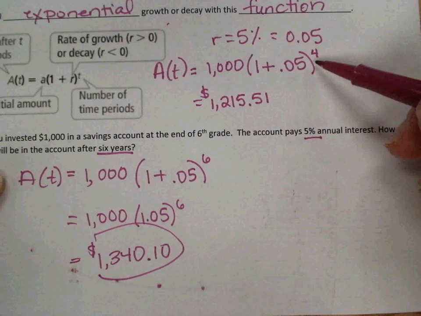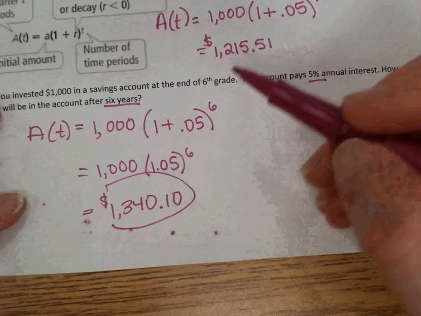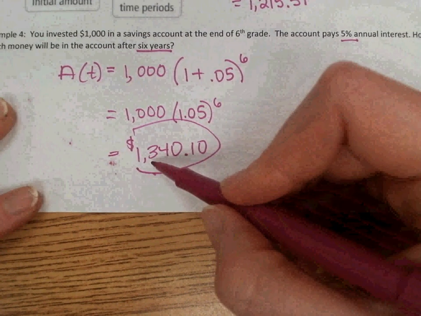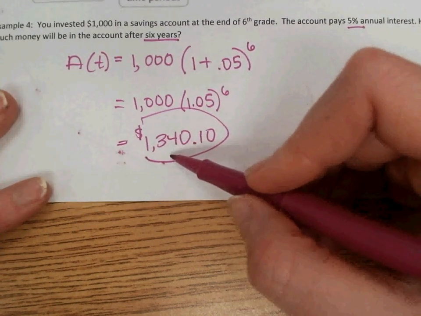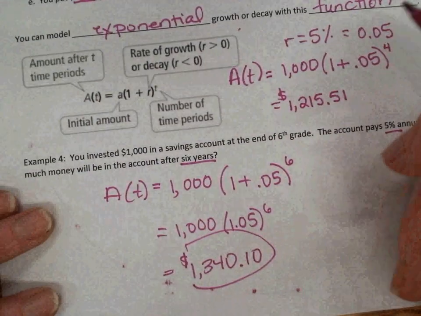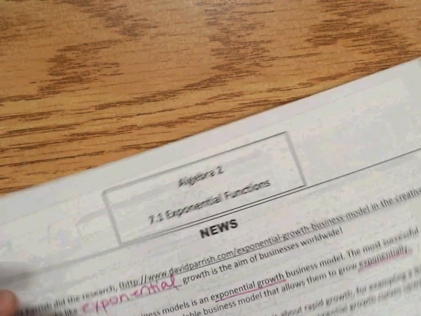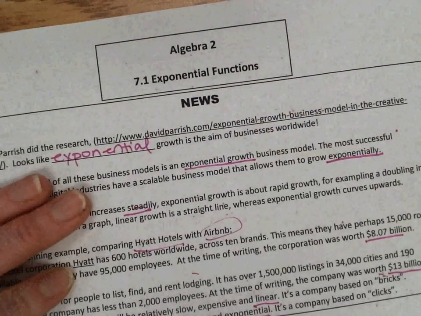Again, you can see from our initial investment was $1,000. After 4 years, we had $1,215, and then after 2 more years, 6 years, we have $1,340. So you have that rapid increase in your investment. And that is exponential